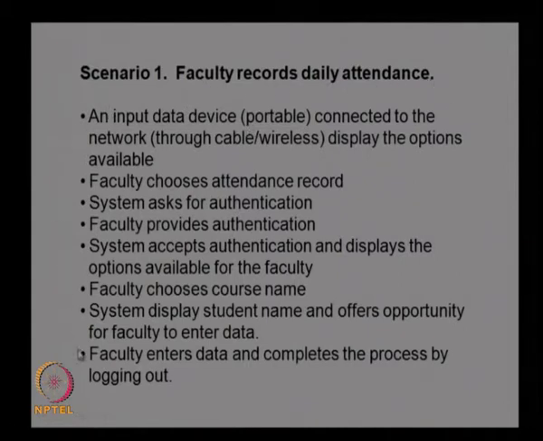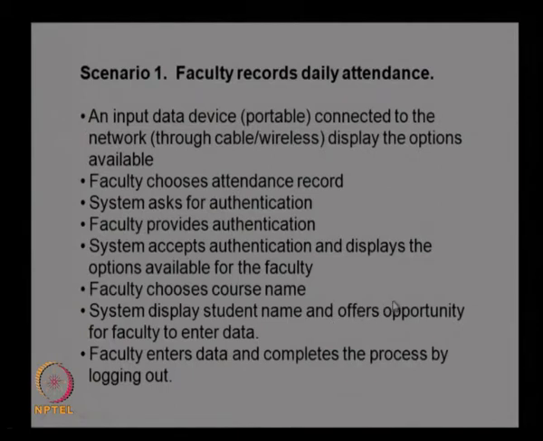While going through this scenario, we can identify many requirements needed for the system. The objective of explaining the scenario is to look at it and identify various requirements. As you can see here, we can identify many requirements. If we say that faculty chooses the course name, that means options should be provided to the faculty, or the database should have all the courses where the faculty is registered, and all the data corresponding to that course in terms of student names and their roll numbers should be available.